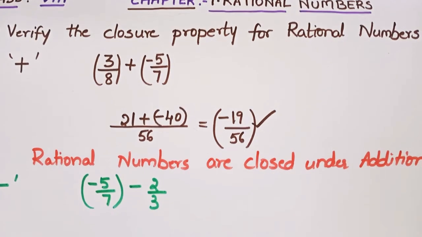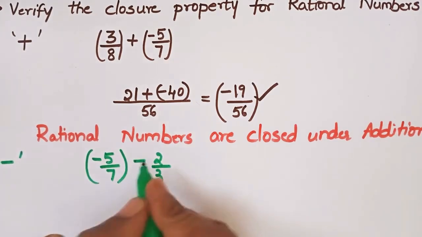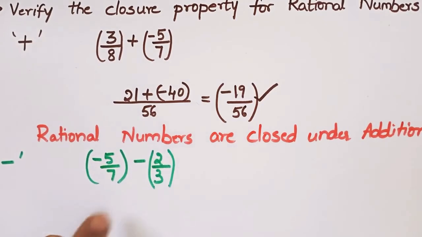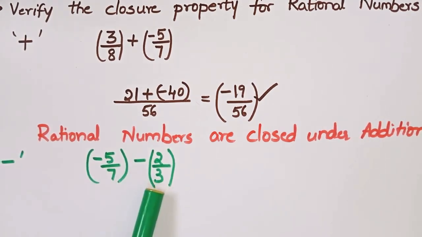So now here you observe carefully, we are learning to subtract two rational numbers. How to subtract? Again you need to check with your denominators. What are the two denominators here? 7 and 3. How to subtract? Just like in addition, we need to take the LCM of the denominators. When I want to take the LCM, I don't find any common factors between 7 and 3. So I am multiplying 7 and 3, which gives me 21.